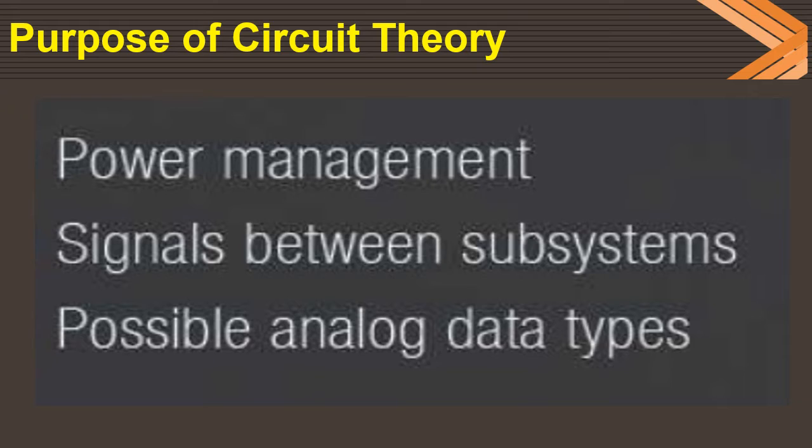And even the signals between the subsystems, so there are various stages at the input, at the middle. If the network is cascaded, so definitely the input, output, and the middle, that is nothing but the cascaded form. So how the signals are passing, how the signal is divided in the system, that we need to think about, and which type of data we are looking for, that is analog or digital data types. What are the possibilities to get that data?